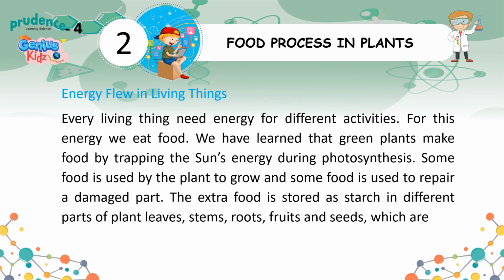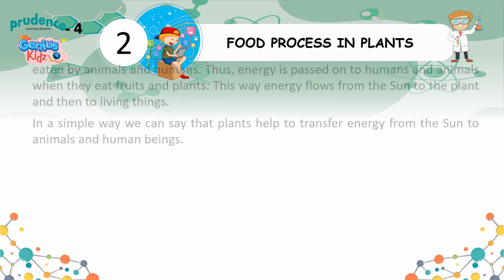Energy flow in living things. Every living thing needs energy for different activities. For this energy we eat food. We have learned that green plants make food by trapping the sun's energy during photosynthesis. Some food is used by the plant to grow and some food is used to repair a damaged part. The extra food is stored as starch in different parts of plant: leaves, stems, roots, fruits and seeds, which are